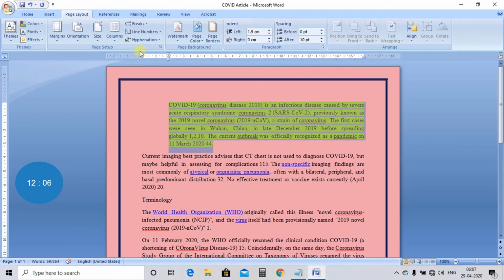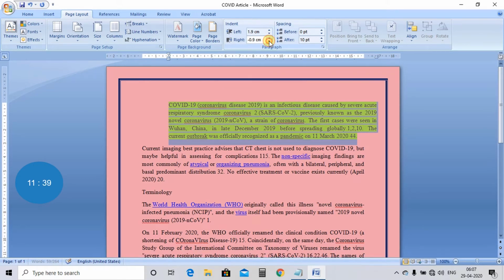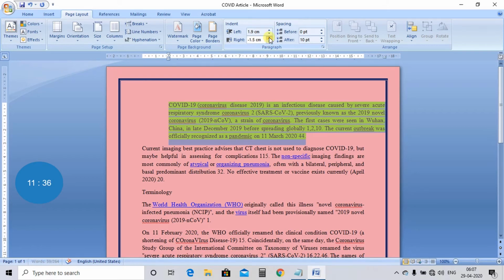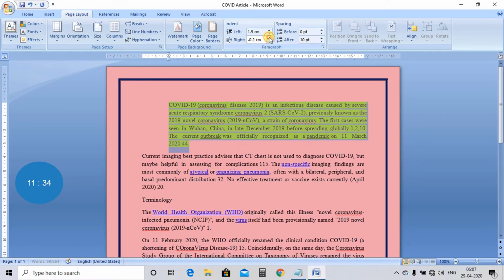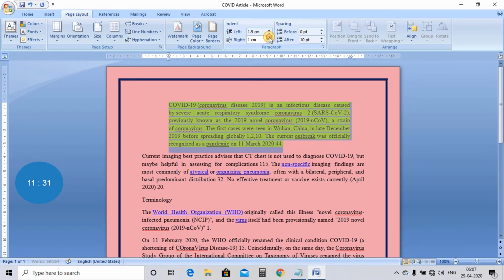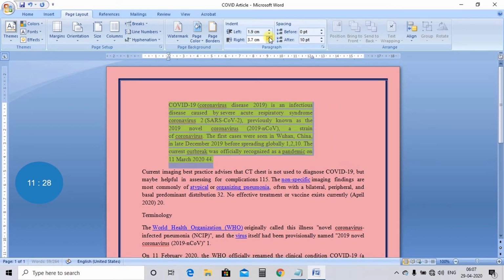Yes or no? When I see my margin, that is from here, so there is a space coming between the margin and the text. So this particular space is called indentation. So we have two types of indentation, right indentation and left. So just now we have used the left indentation, and if you want to use the right one, it is displaying the right.